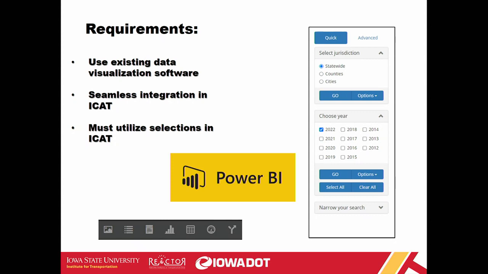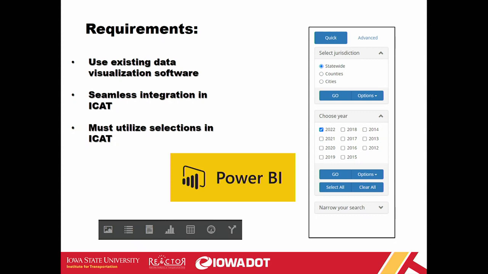So part of the requirements for this is Iowa DOT wanted to use off-the-shelf software. They developed ICAT, which is a custom program, and I know we've seen a lot of custom visualizations at this presentation, but sometimes it's not worth the time and budget, or it's a lot more time and budget than what we're probably willing to spend. So there's a lot of value in using these off-the-shelf products and figuring out how that integrates into your current systems. And the other value is Iowa DOT has a lot of others within the agency